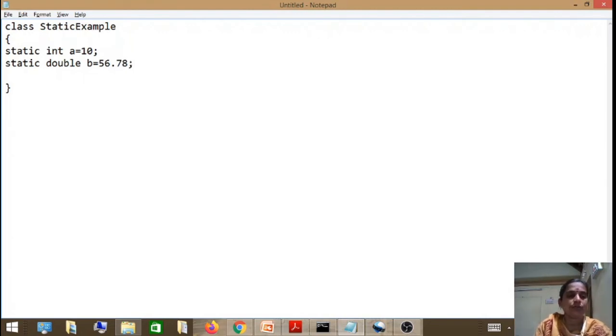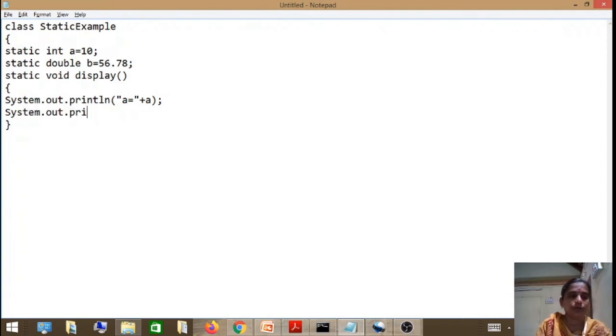Now I am going to define a static method display for printing the values of a and b. System.out.println of "a = " plus a. Similarly, I am going to print the value of "b = " plus b. That's all about the static example.